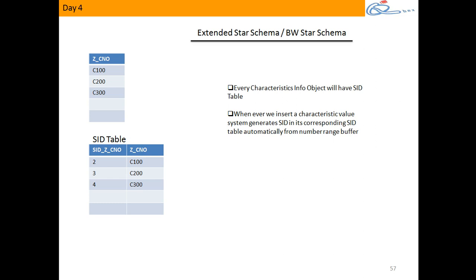Yendukane we'll discuss now. Now look at this. Once the table is created, it will be blank. Initially, your info bit is blank, and your SID table is also blank. From then onwards, for every characteristic value I insert into the characteristic info bit, it does generate an SID for each characteristic which is a numeric value.